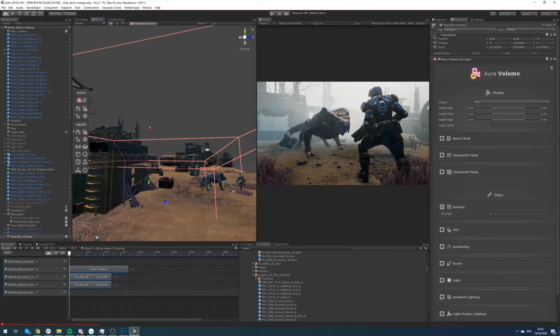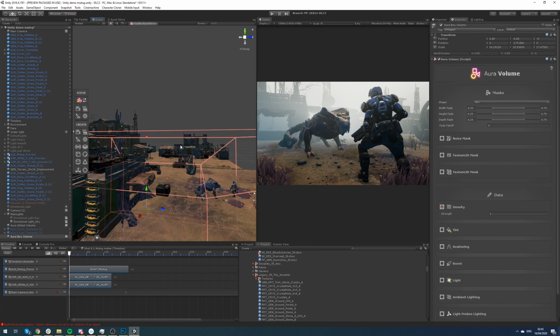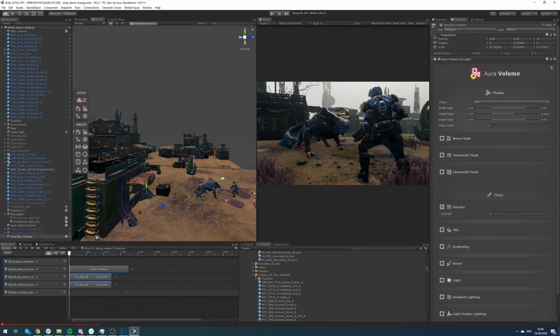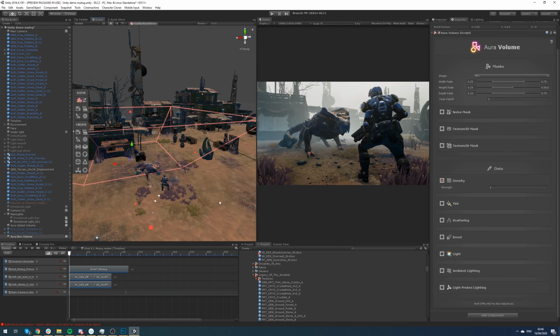You can see the boundaries. So this is the inner boundary. It's at 100% opacity basically here, and then it fades out towards the edges. So let's just change the height fade. So it fades out a bit more as it goes up, and then leave this kind of close to the ground. This is gonna pick up the ambient light that we set up for our camera, but as with everything